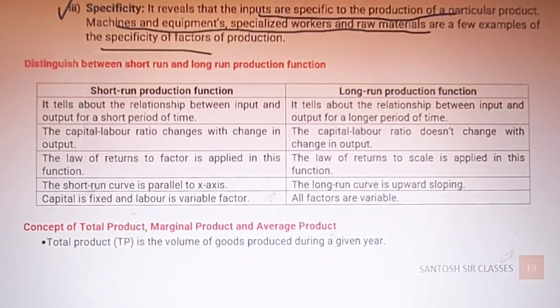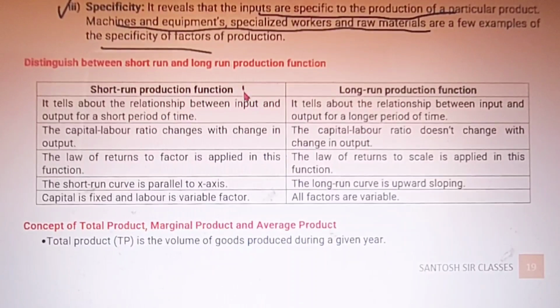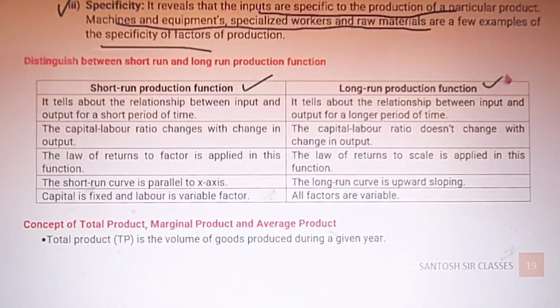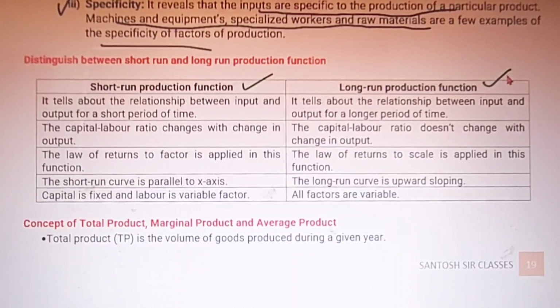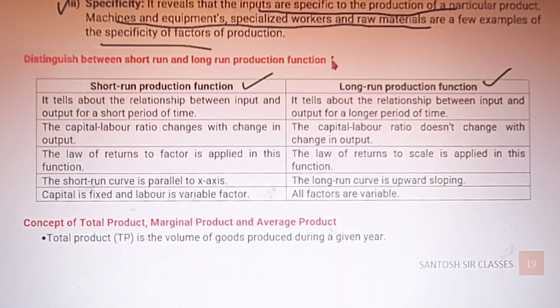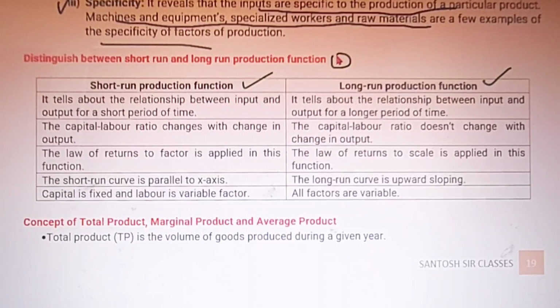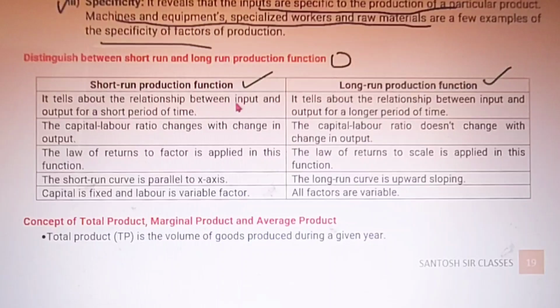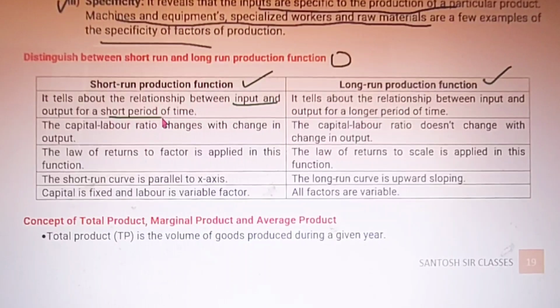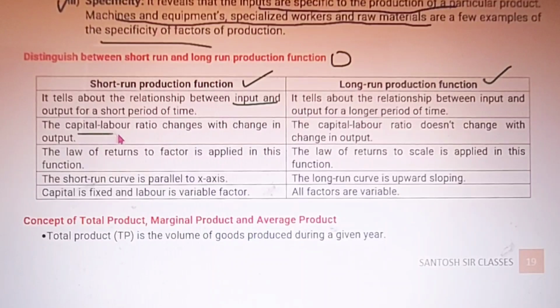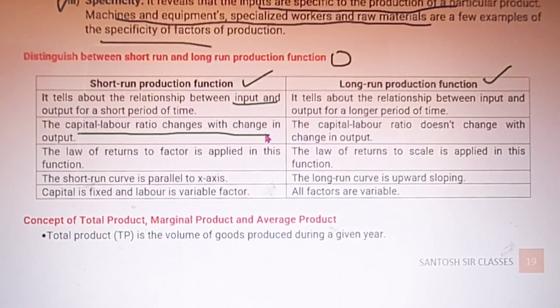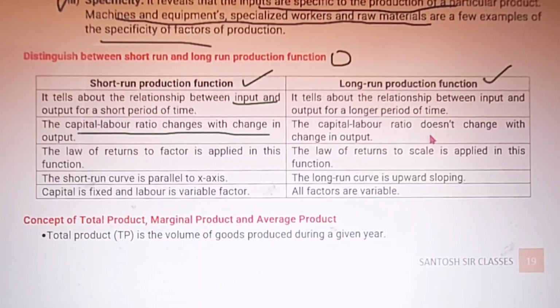Okay, the next question is: distinguish between short run production function and long run production function. Let's try to find out the difference. This question is also a very important one. In the short run, it tells us the relationship between input and output for a shorter period of time, and this is for a longer period of time. And here the capital labor ratio changes with change in output. Okay, and here the capital labor ratio doesn't change,